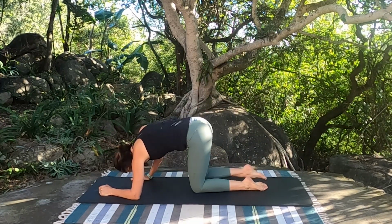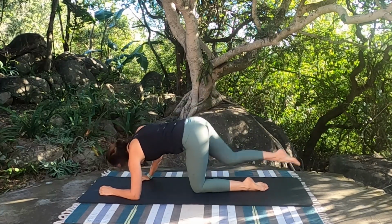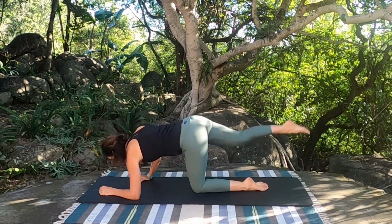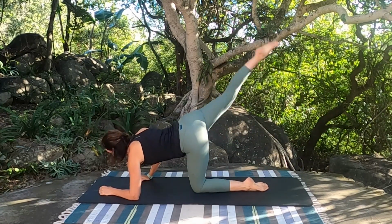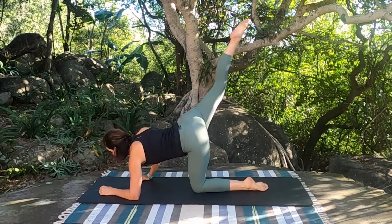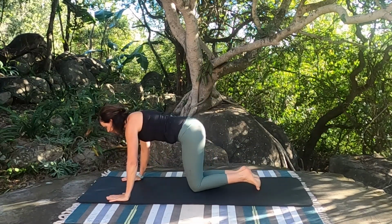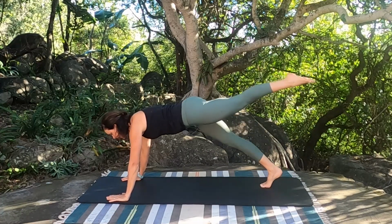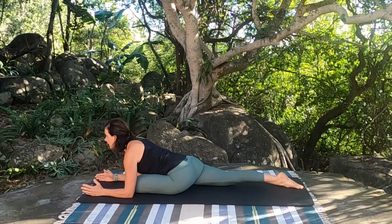2, 3. 8, 9, 10. Come up into plank for me. Lift that left leg up, pop it underneath your chest, slide the leg away, and down into a pigeon stretch